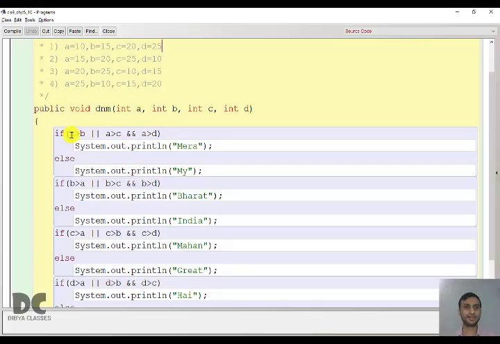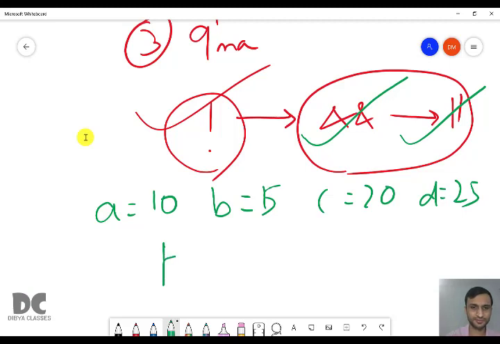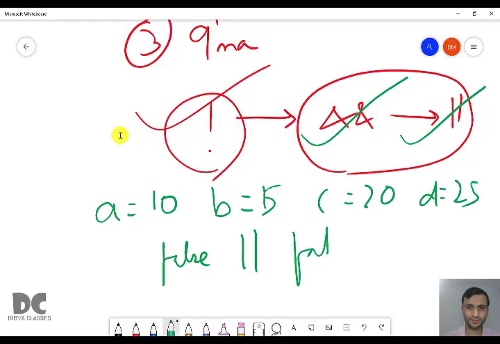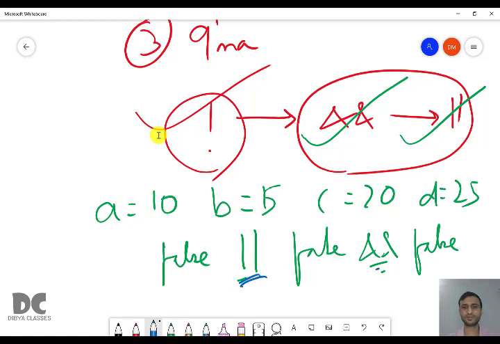And we are checking 10 greater than 15, false. Or 10 greater than 20, 10 greater than 25, false. So here and is also there, or is also there, both.